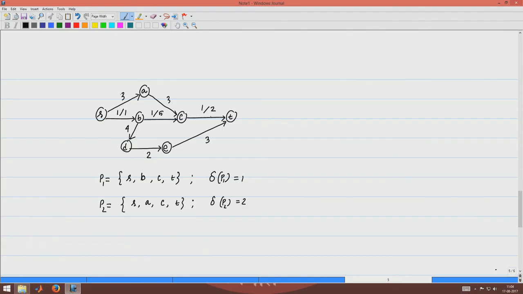So, I can send maximum 1 unit of flow. So, this 1 will be replaced by 2, and that is all. So, after this there is no path from S to T